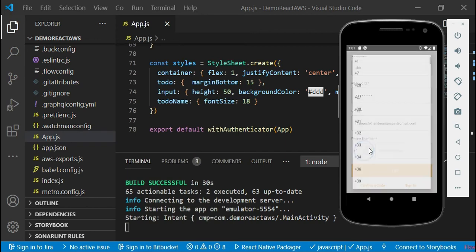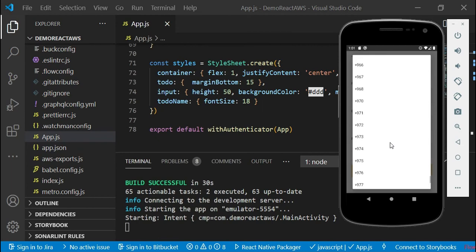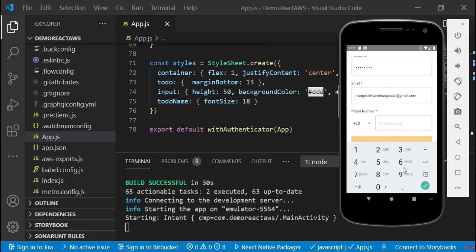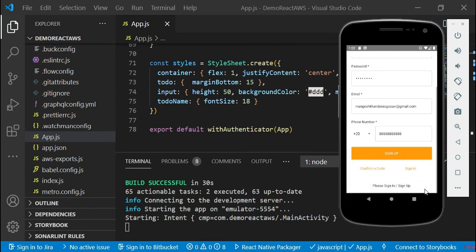Then next you have to provide your mobile number. You can provide any dummy mobile number, because during authentication we select only username and password. This is just for information purposes. No verification code will be sent to your mobile number. So I'm just going to select a country code. You can select any dummy record, and provide your mobile number, and then just click on sign up.